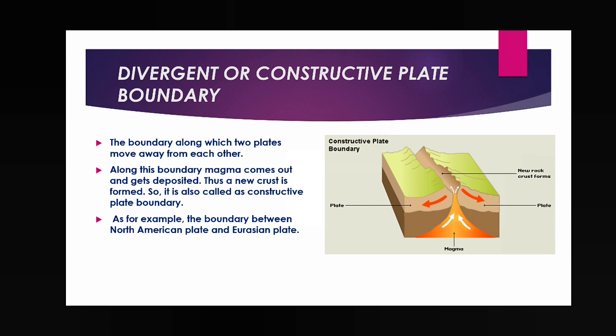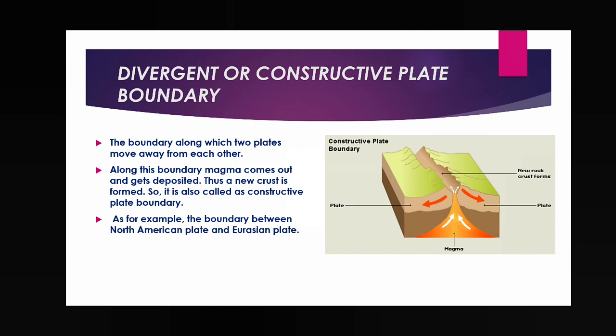Why? The magma is coming out due to the creation of the gap, and when this magma comes in contact with the cool air of the atmosphere, it cools down, it solidifies, and then gradually it forms a new earth crust. That means here is the construction of new earth crust. That's why the divergent plate boundary is also called the constructive plate boundary. So what is the another name of divergent plate boundary? Constructive plate boundary. Why is it called constructive? Because a new earth crust is constructed, a new earth crust is formed along this plate boundary. That's why it is also called the constructive plate boundary.